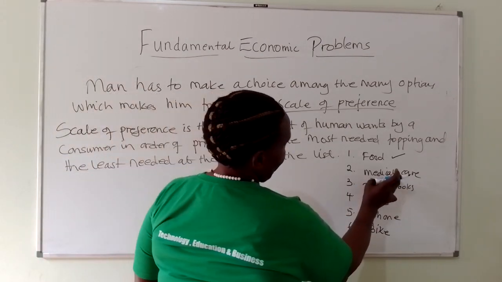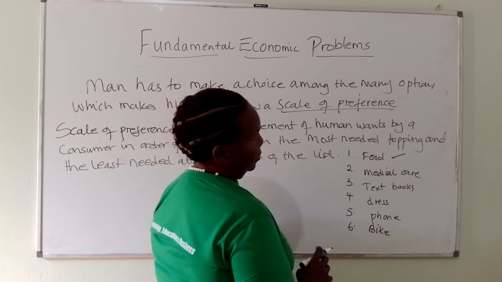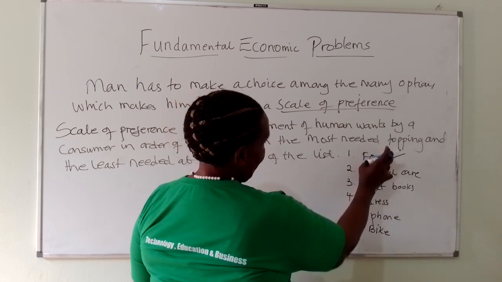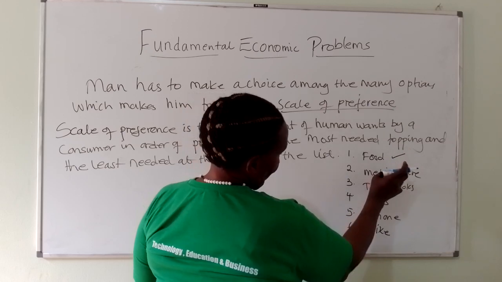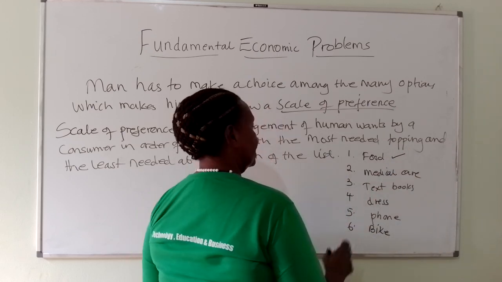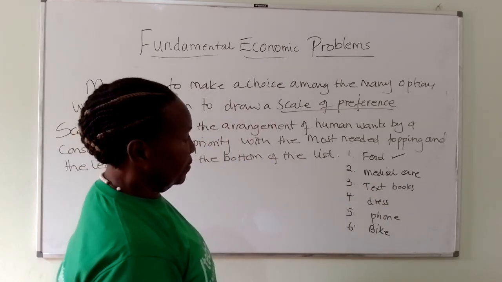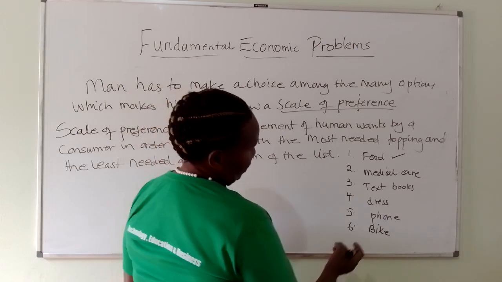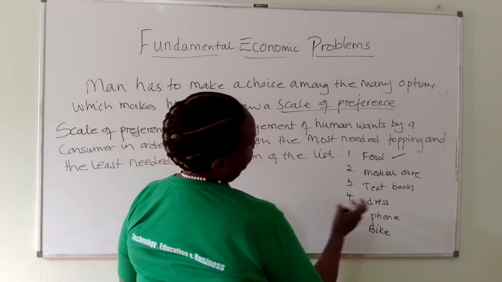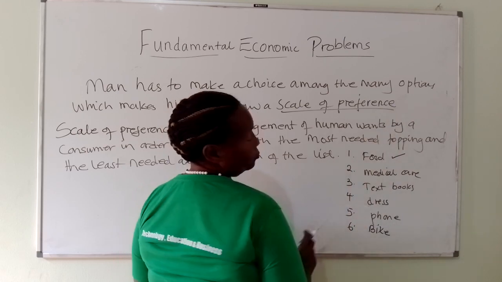Maybe I'm on medication, and if I don't take my medicine, it will be dangerous to my health. So the moment I have food, next I'll allocate my resources, which is money, to buying medicine and maybe textbooks, and as they follow there. I can't say that if I get my money, the first thing I'll do is buy a phone. No, this is not a priority. So here, whenever you choose one, you leave out another.